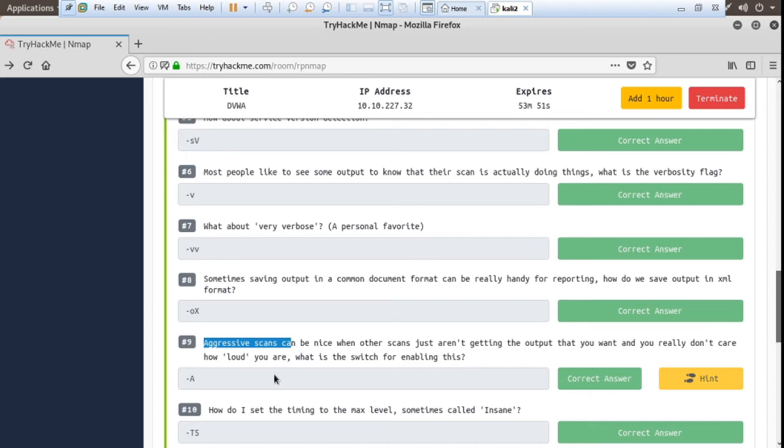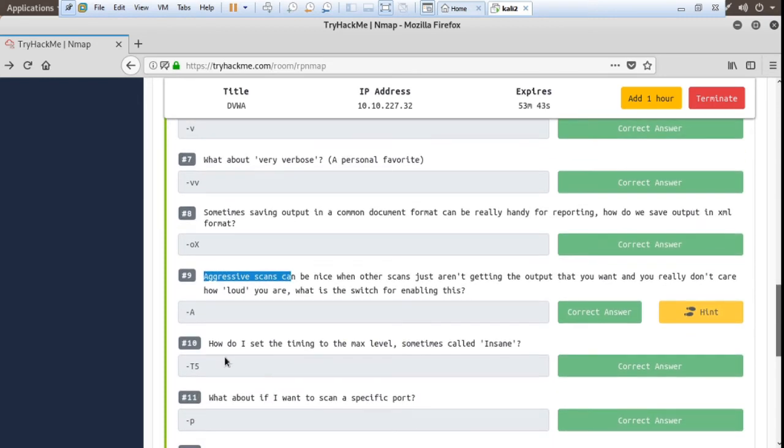All services, versions and ports come when you are using the aggressive scan. Next question: how do I set the timing to the max level, sometimes called insane? The max level is -T5.